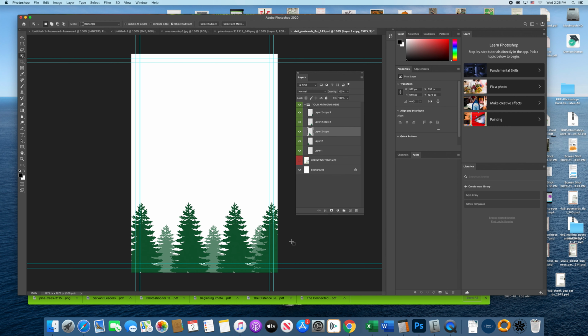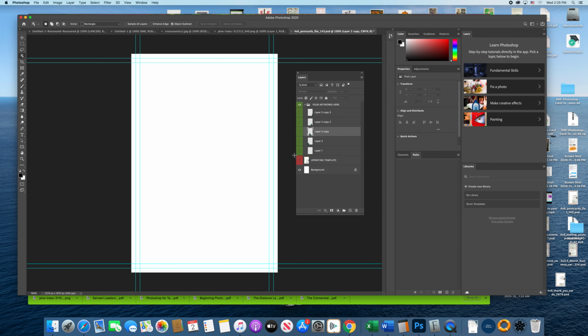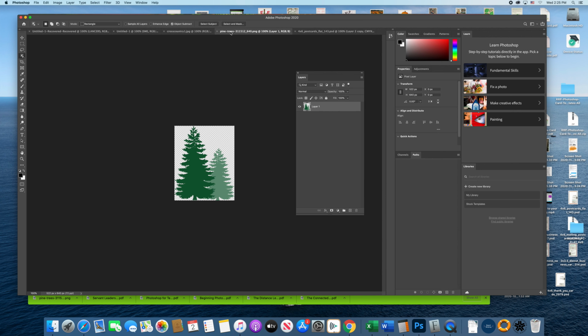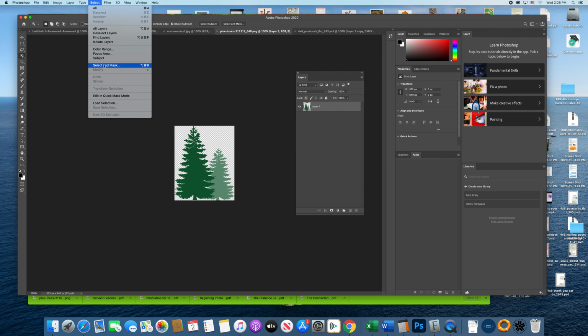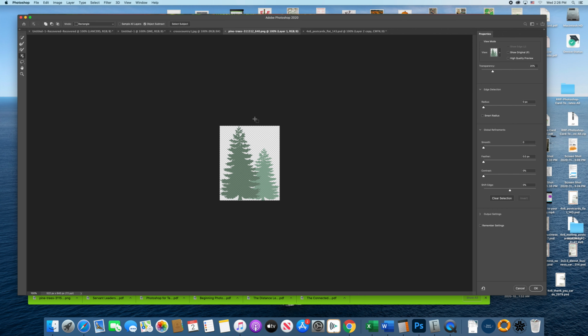So I really like how this is set up. So I am going to just hide these for a hot second and come back into my pine trees and do the tutorial for a pattern. So I go up to the good old-fashioned making sure that my layer is unlocked, up to select, down to select and mask. Then I will go to my object selection, do my selection area, and it didn't quite grab everything. So I'm going to have to go ahead